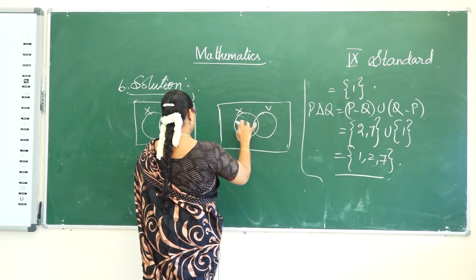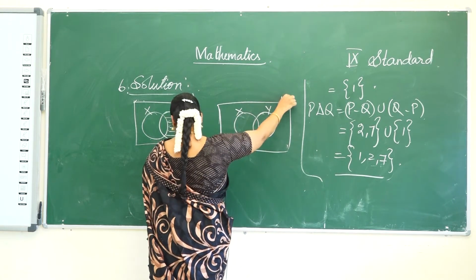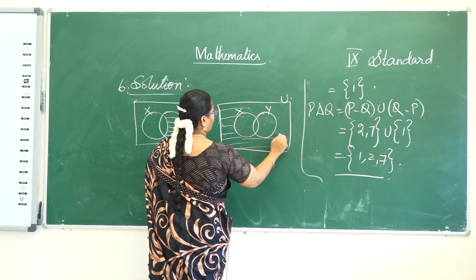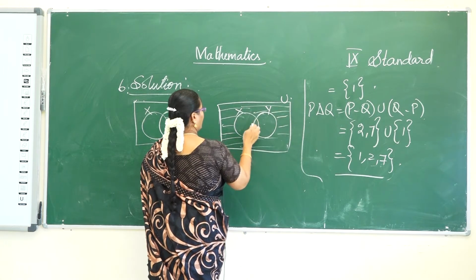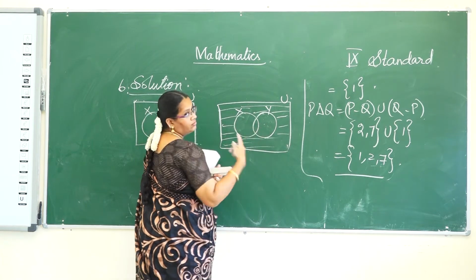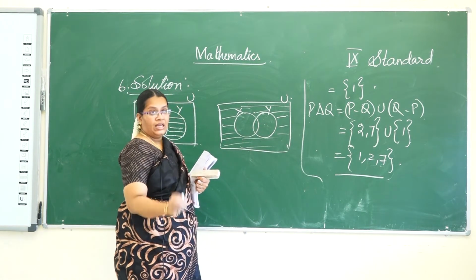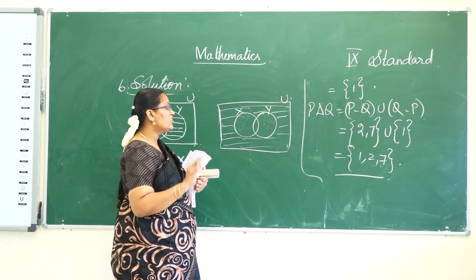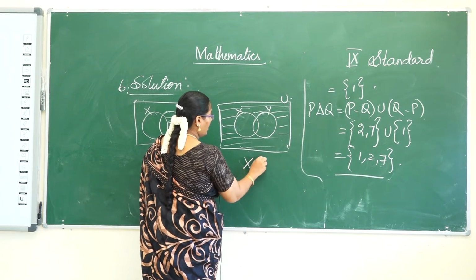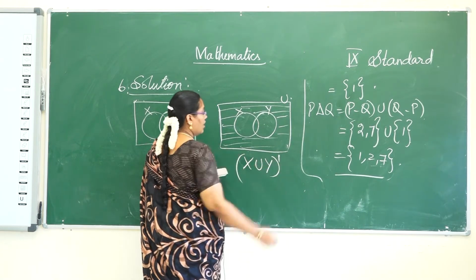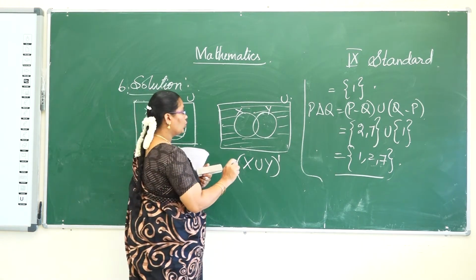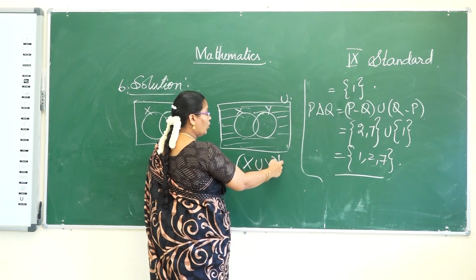And then the second one, X, Y, universal set. You know well the overlapping of sets X and Y is not shaded. So that means X union Y is not shaded. X union Y not shaded means all the elements in universal set U. Okay. So X union Y, the whole complement.